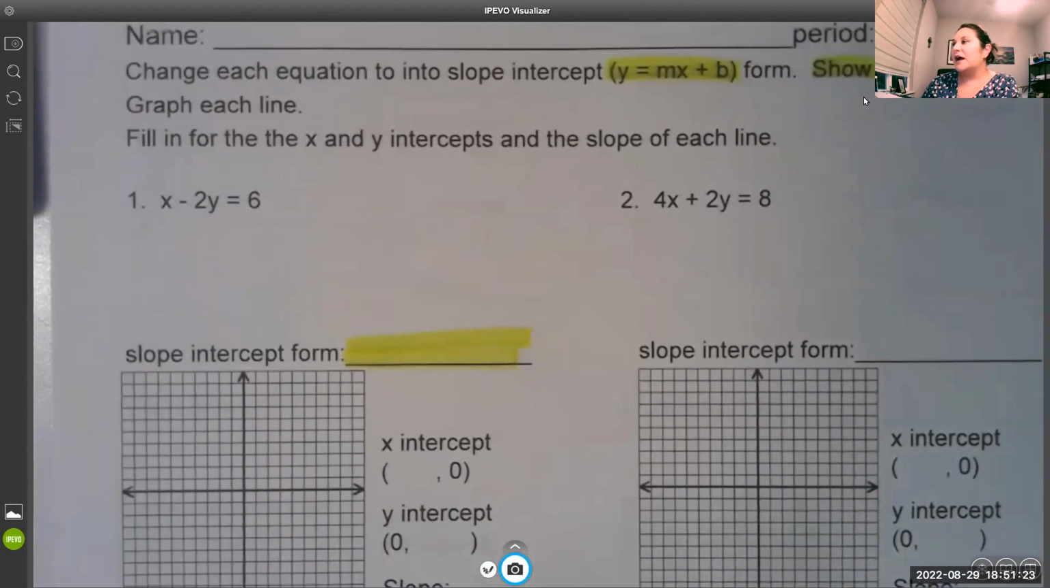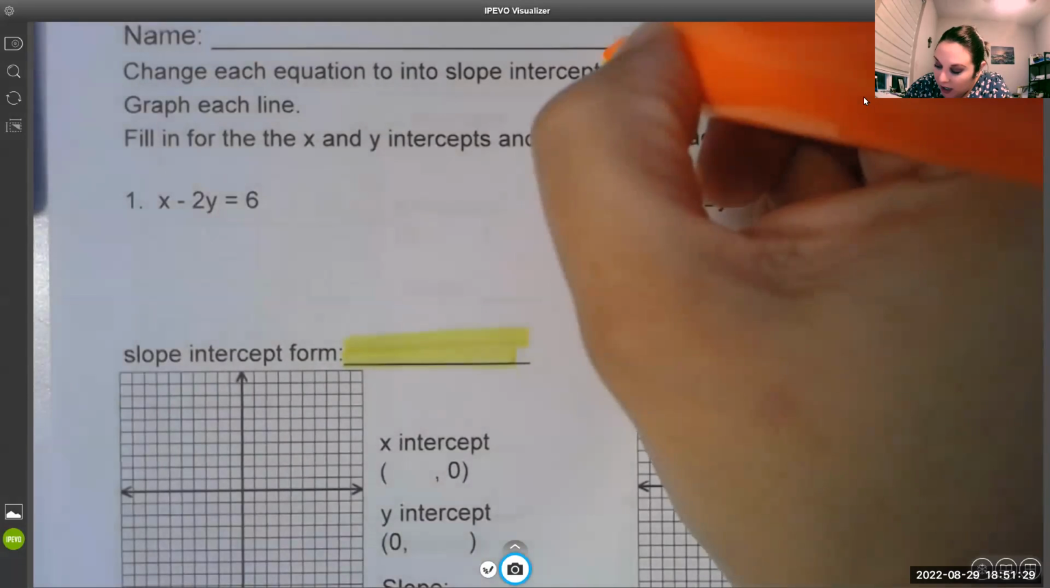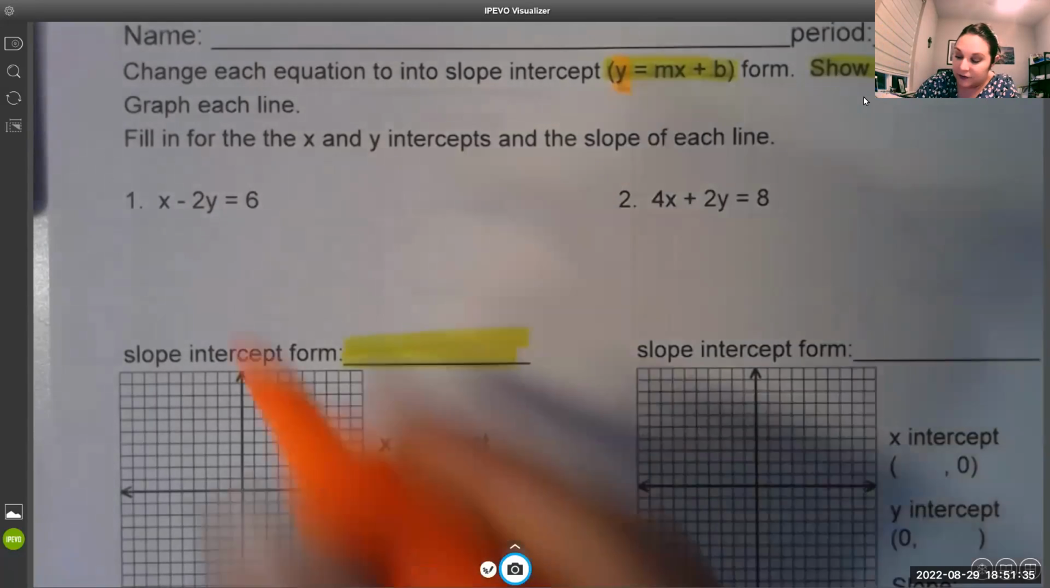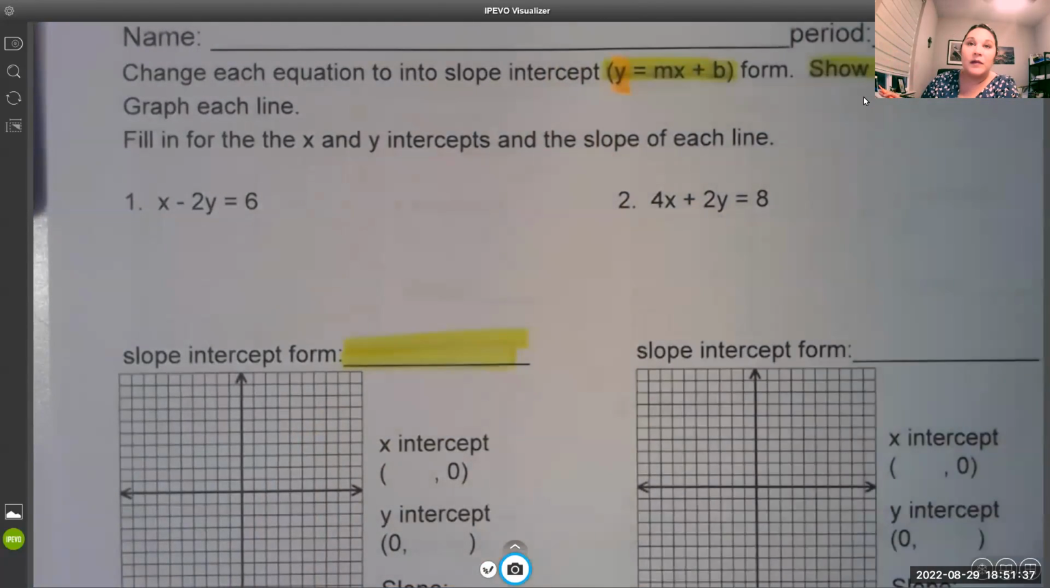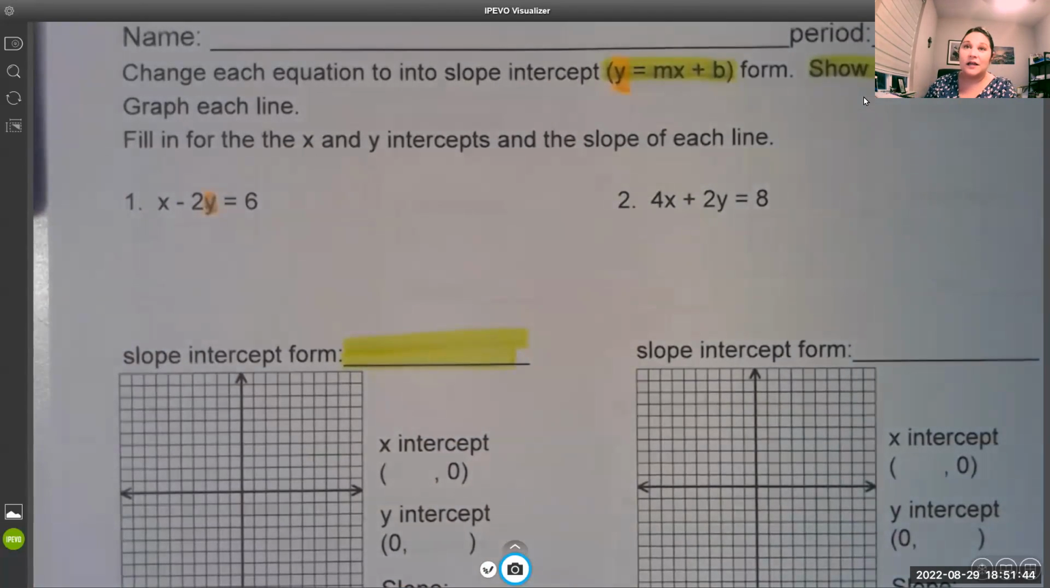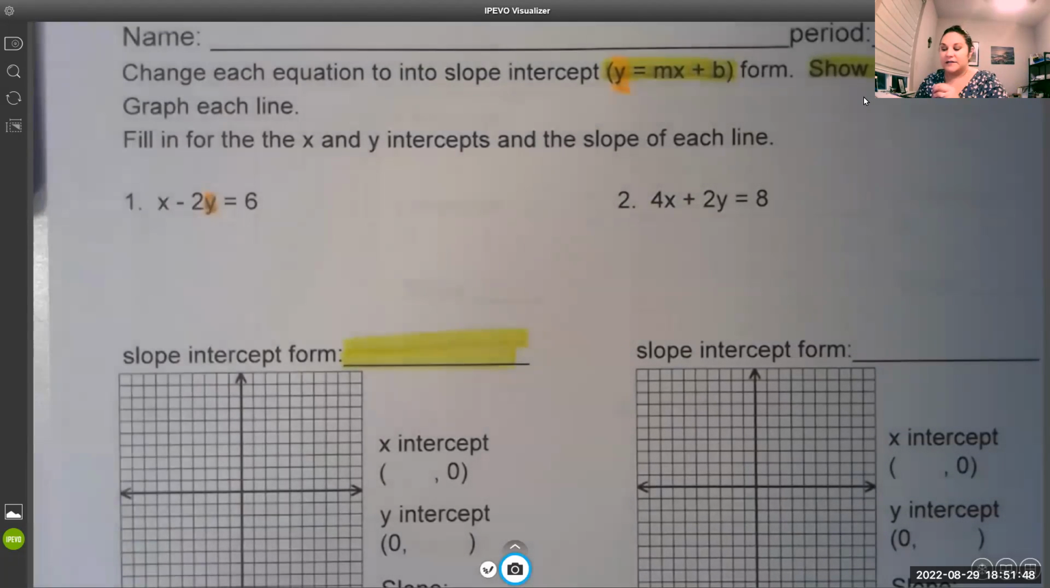And when I change an equation into slope-intercept, what I'm trying to do is isolate the y on one side, and the x's and the constant are together on the other side. So on this worksheet, I've made them all standard form equations, and so the steps to getting the y isolated will be the same. So the first step is to